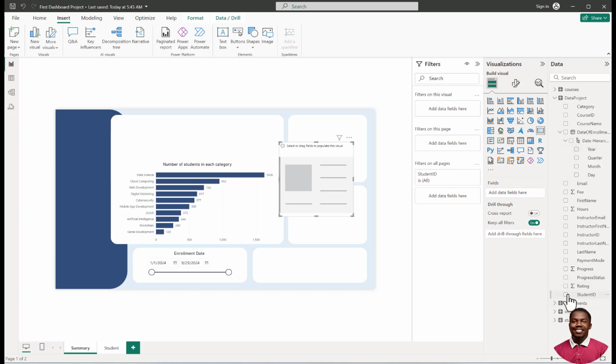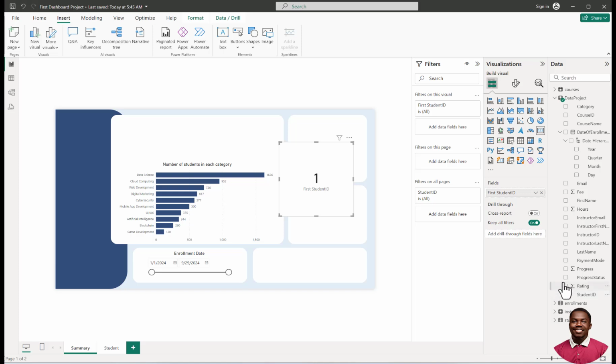So you just go to student ID, click on student ID, and we have first student ID 1. So by default, what this is doing is showing us only the first ID, which is 1. 1 is actually the first student ID, but we don't want that. We want to find the count. Now, if you click on count, you'll be getting